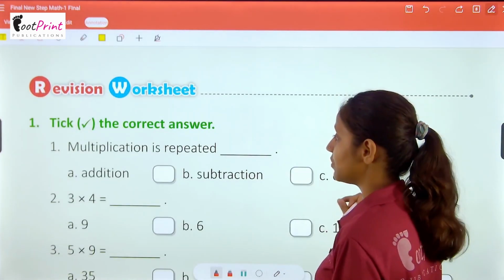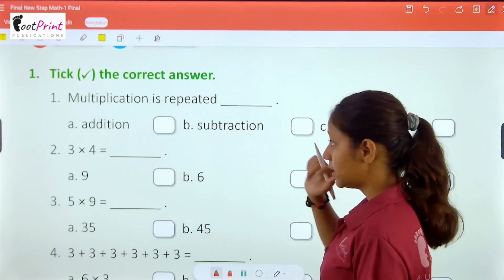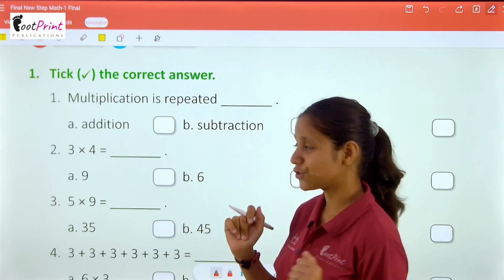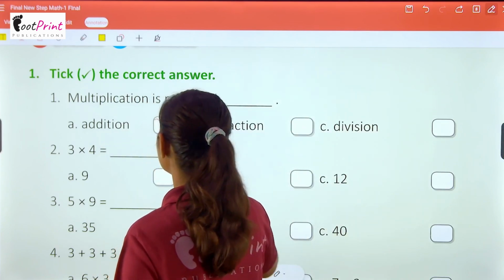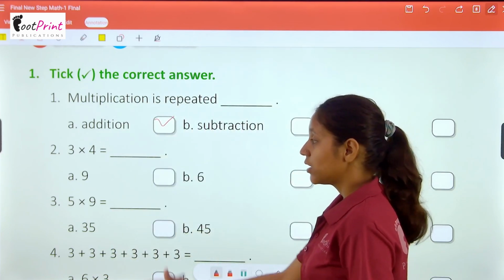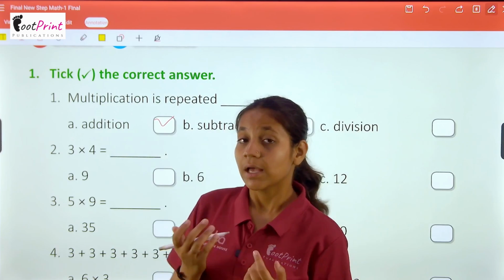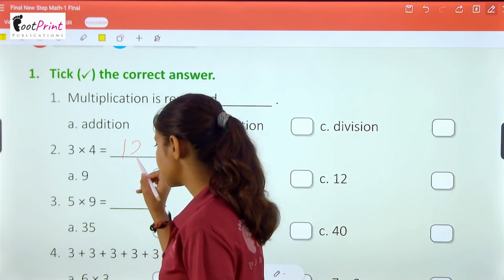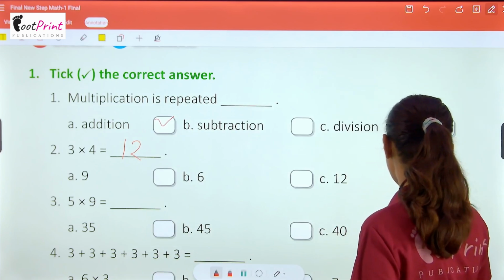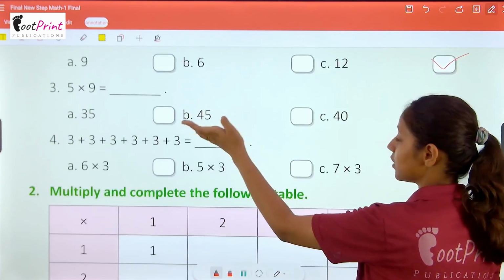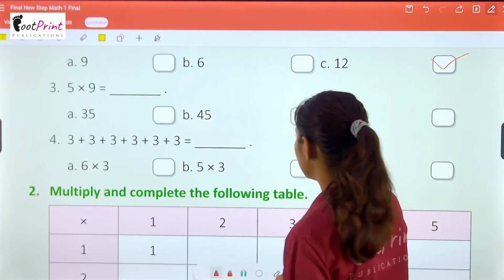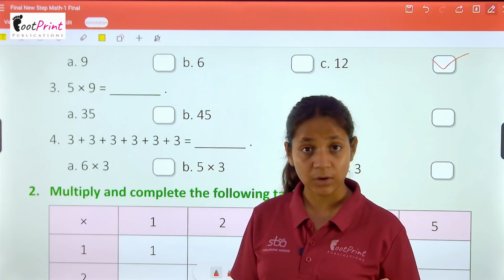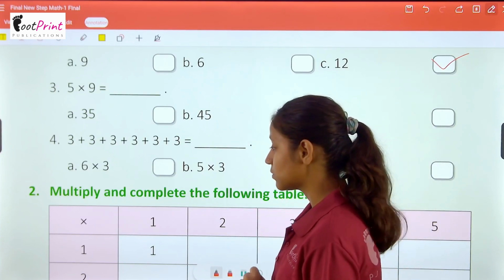Now we have the revision worksheet. Question number 1, multiplication is repeated addition. So, we will take the A1, that is addition. Now 3 into 4, that means 3 times 4 is 12. So you can write here or you can take here. 9 into 5 is 45. So these all parts you have to do by yourself in your notebook,